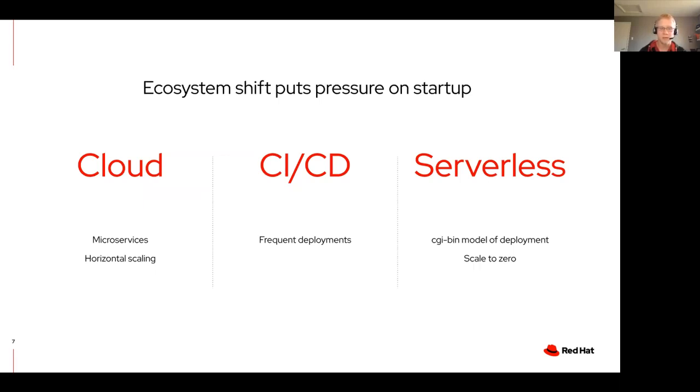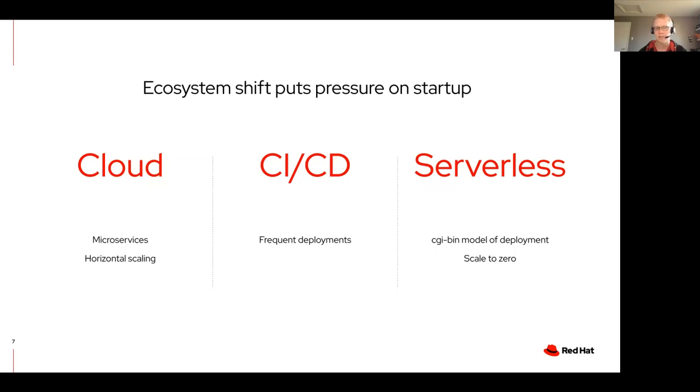So Java's already been working to address that slow startup, but now the ecosystem has shifted, and that's put increasing pressure on startup. Right? We've had this shift to the cloud, and I'm sure we've all talked about it and thought about how people are moving to the cloud and how that actually works for them. But it brings microservices deployment. So rather than one big deployment, there's a bunch of them. And so now each one of those has to deal with startup. And they're each getting scaled. So it's not just one of them running, I'm scaling this, so I'm running more and more instances of the same application as load comes in. And so each one of those is dealing with more frequent startups.